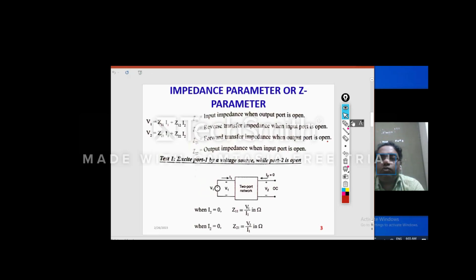If I put I1 as 0, then V1 by I2 will become Z12 and V2 by I2 will become Z22.